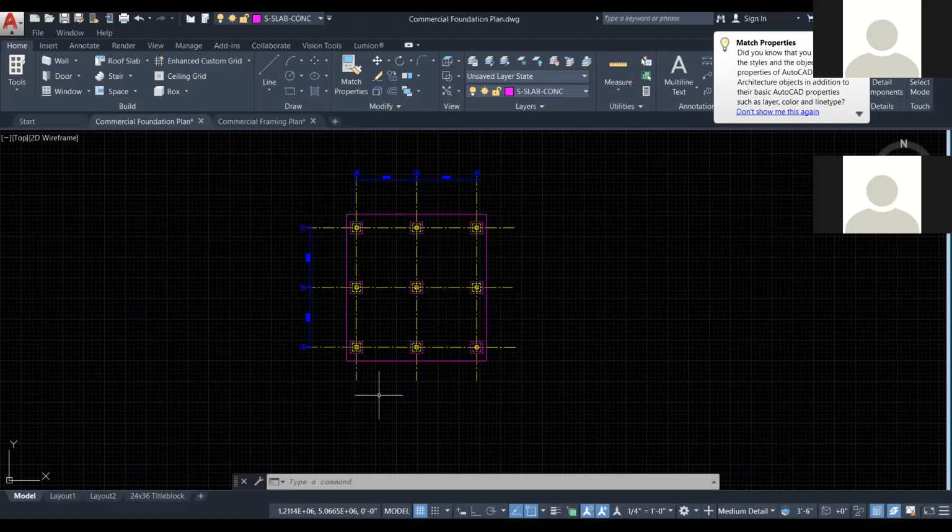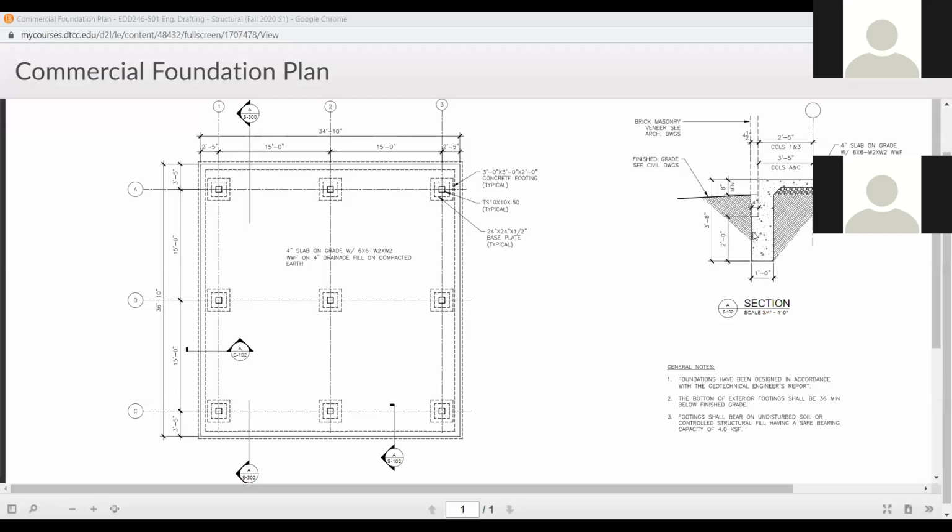Now we're going to show the footing. So let me just stop sharing this for a second and see if I can go back to where I need to be. Good. So now we're about to